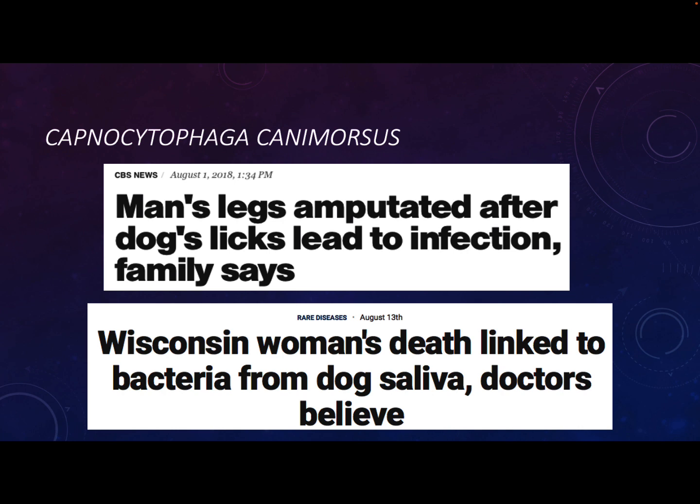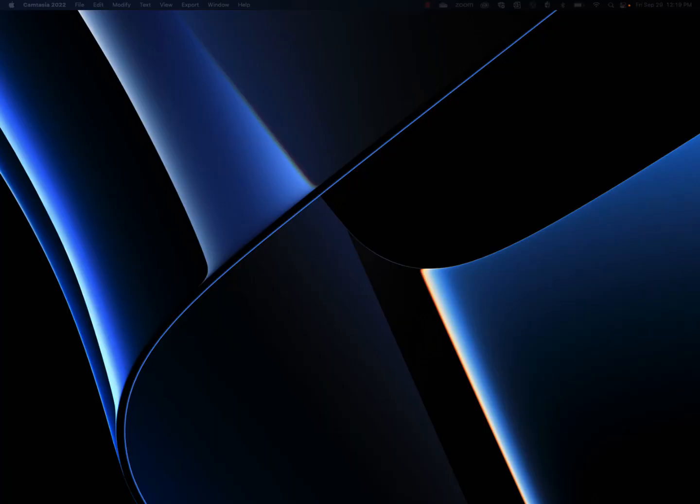So not so common that you'll have heard about the bacterium, but common enough that you've probably heard about it in the news, at least in terms of headlines like this, and other bacterial infections from dog and cat bites. So when you have a patient with an animal bite, again, you may want to consider not just worrying about rabies, but also do some prophylactic antibiotic therapy.